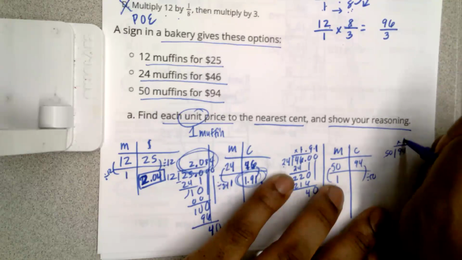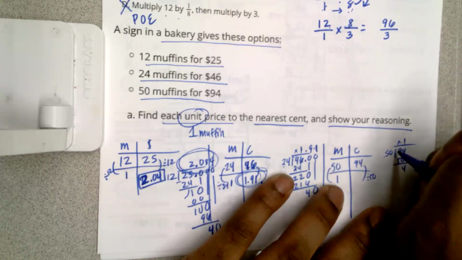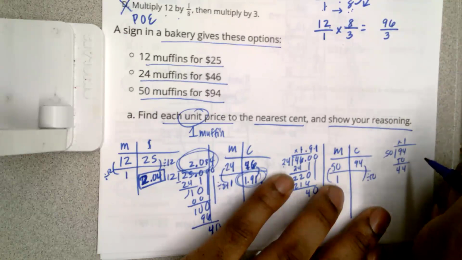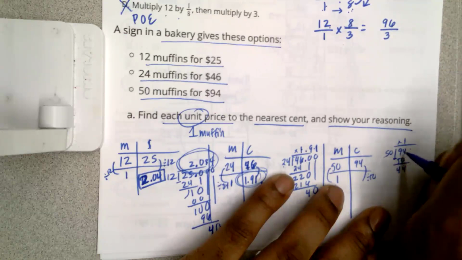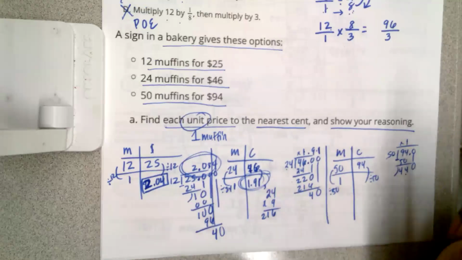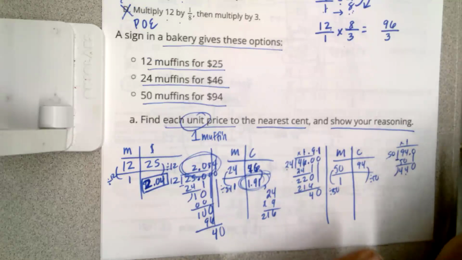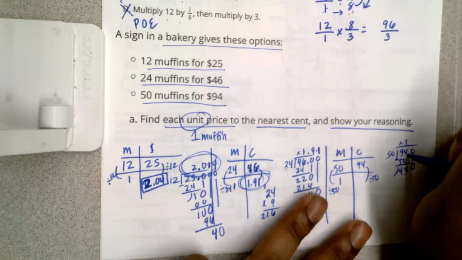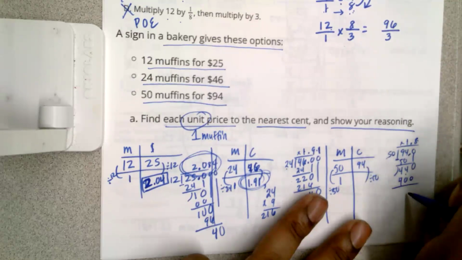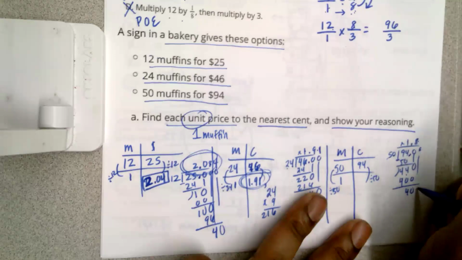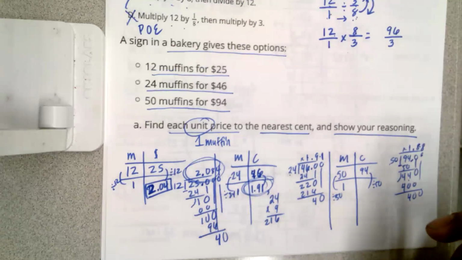50 goes into 94 one time at 50. That's a 4, right? 44. After you subtract, you bring down. So 50 goes into 440. I know 50 goes into 100 2 times. So 200 4 times, 300 6 times, 400 8 times. So you see your decimal point, you want to raise that up, and that's about 8, about 400. So it's about $1.88